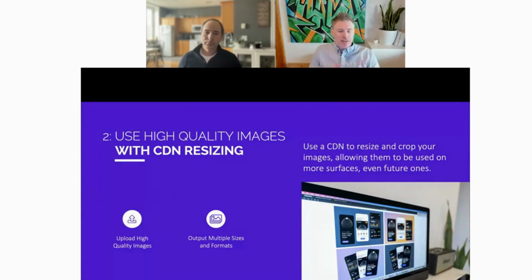The great thing about this is, let's say down the road you want to add another image. Now you have the source file attached to your content. So your content object has that source file. You can always programmatically communicate with the CMS to download the content, convert the file, upload it back in, or you can manually go through and say, you know what, I'm going to redo this image from the original high-res image. So your content model should always have that high-res image, even if you don't use it on the output,